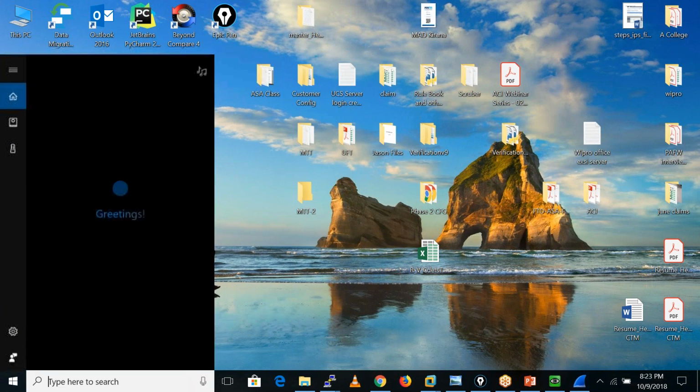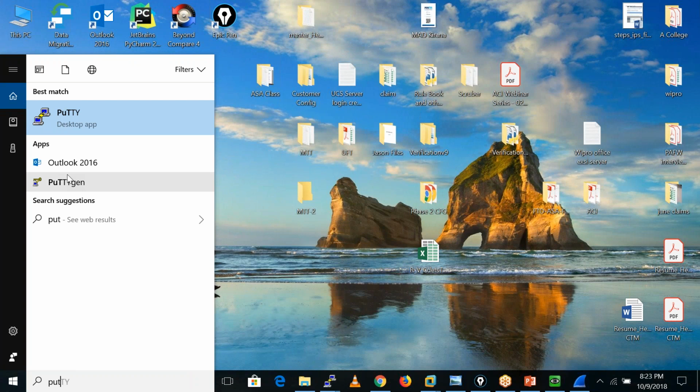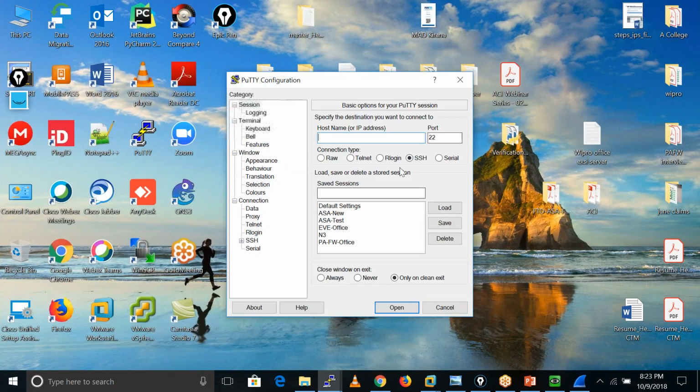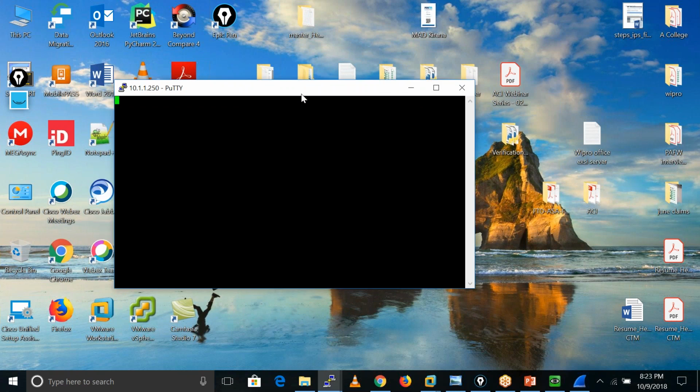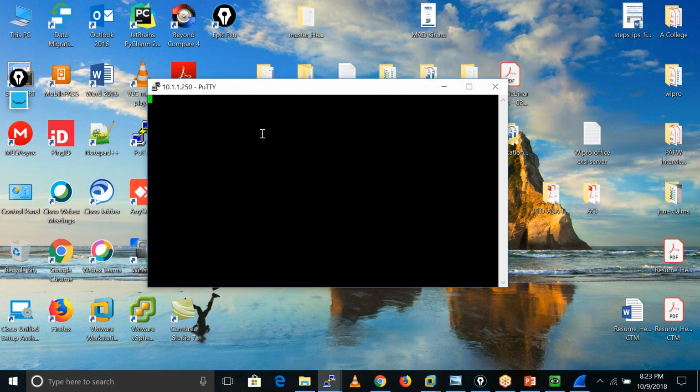So let me open my PuTTY and enter the IP address of my firewall. Here I select SSH, the port number is 22, and I open. Sometimes it takes a long time because SSH is secure.